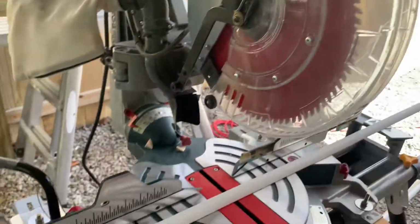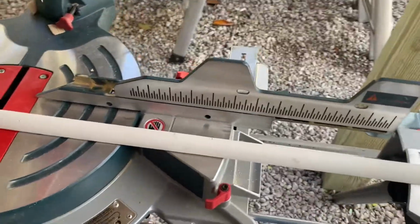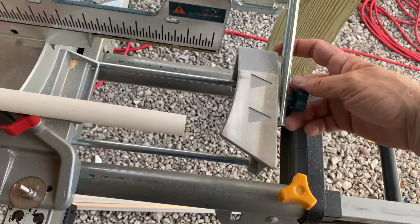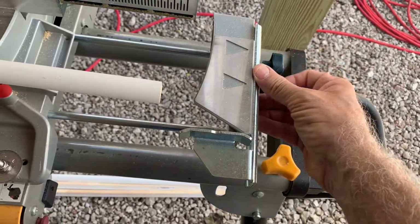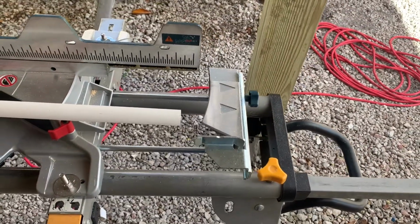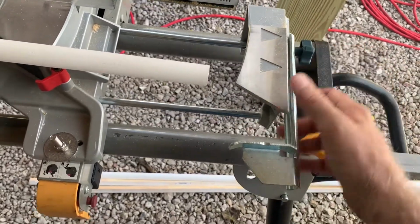So I like that the crown stop, you have to buy the crown stop separate, but the crown stop can store right. Mounts the same way, but you can't flip it around like this. Here you can just flip that around, turn it back around, set the depth you need, and you're good to go. When you're done cutting crown or whatever, you can just flip this thing back around, loosen that knob, flip